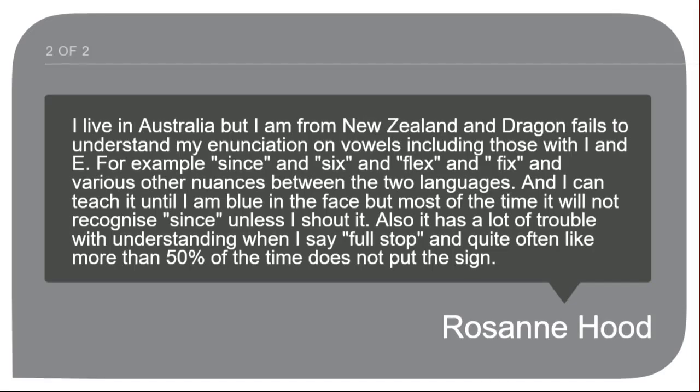Similar question from somebody with a New Zealand accent. Again, when you choose the New Zealand option in Dragon for a profile, it's actually giving you pretty much the Australian profile, is my understanding. So again, if you're not getting success from the New Zealand setting in Dragon, try the UK one. Just remember though that if you spend a little bit of time correcting things to see if that accuracy improves,